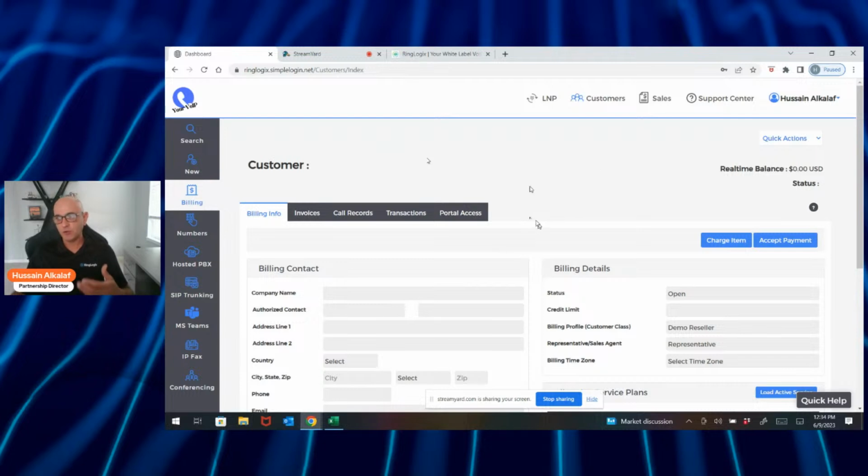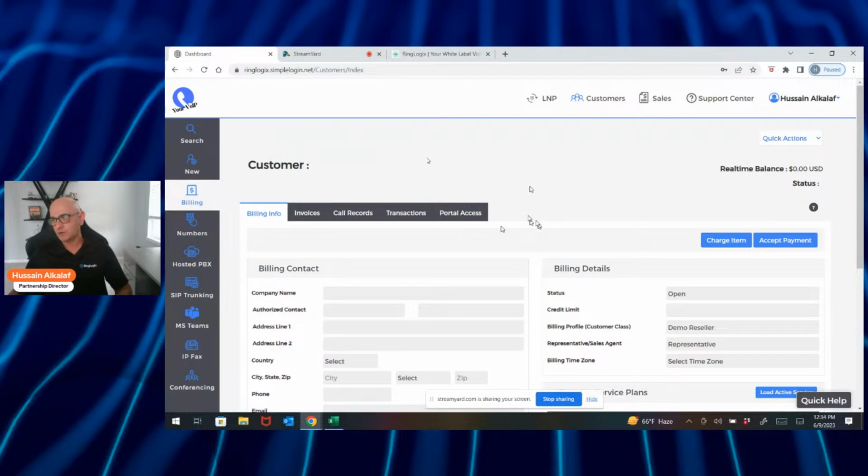It's a true single pane of glass. We're not just reselling you a billing system, a hosting switch, a fax service, an LNP service. We actually build and integrate everything together. Everything is managed by RingOS, the RingLogix application. It's a single pane of glass, single login where you manage all of your customers and all of their services, which makes it very clean and easy to use, and also avoids human error, which I've seen a lot where